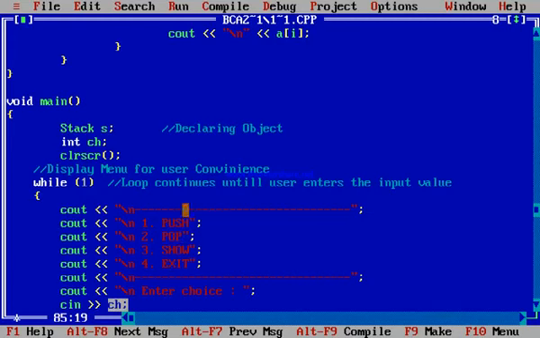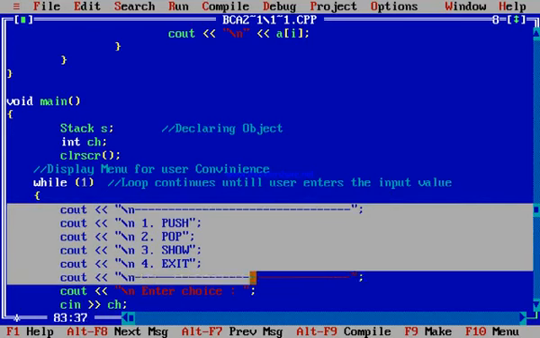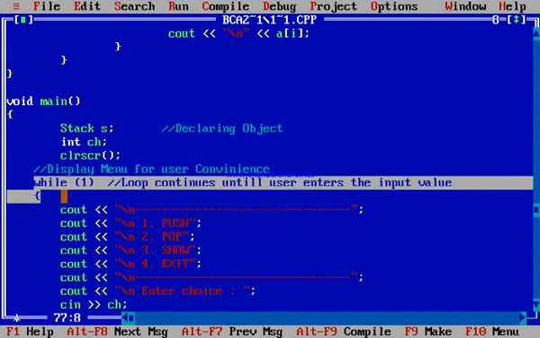Here the menu is displayed for the user's convenience. From the menu, the user can decide which operation he or she wants to perform. Here the first number is for push, second is for pop, third is for show and fourth is for exit. And you can see a while one condition here. The condition must be given here so the loop continues until the user enters the exit value.